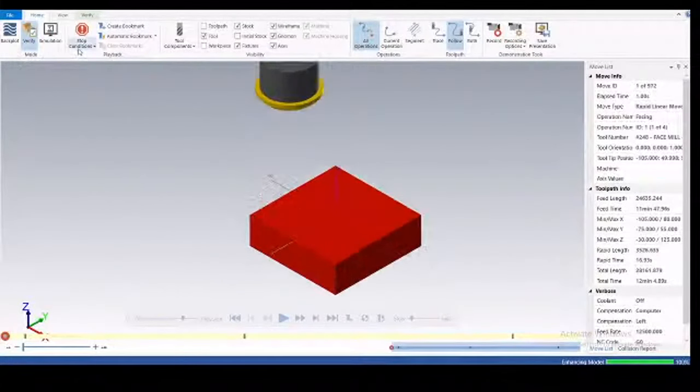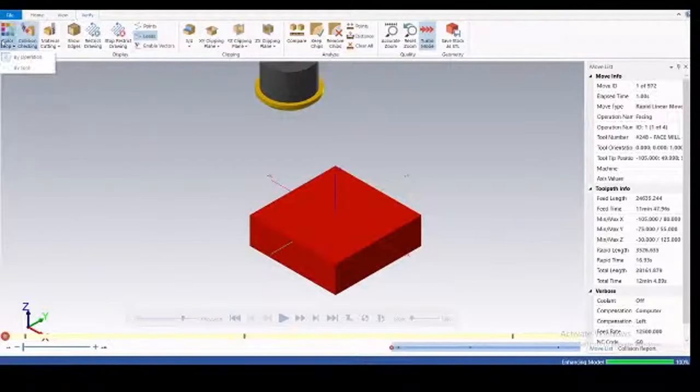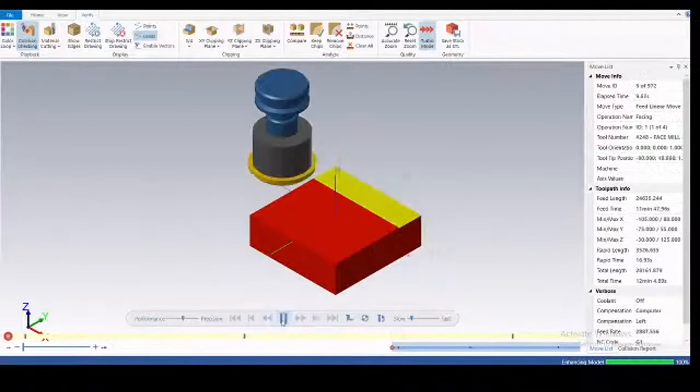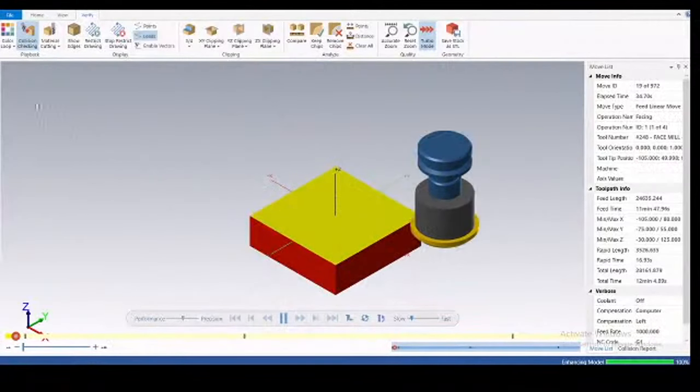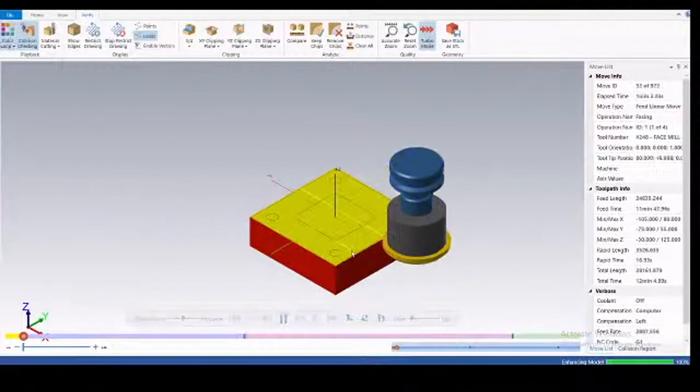And here you can apply the stop condition by choosing the operation change, and you can also give the loop by operations and just start it. Just a minute. Okay, now start. So done.